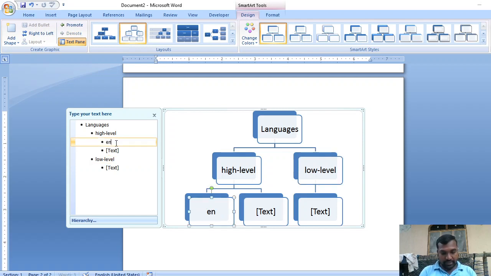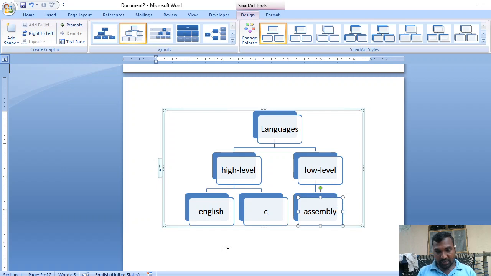The best example is English, which is also a high level language. C programming is also a high level language, and assembly language is a low level language, right? I am closing the task pane. Then automatically the text of that particular SmartArt will be inserted, right?